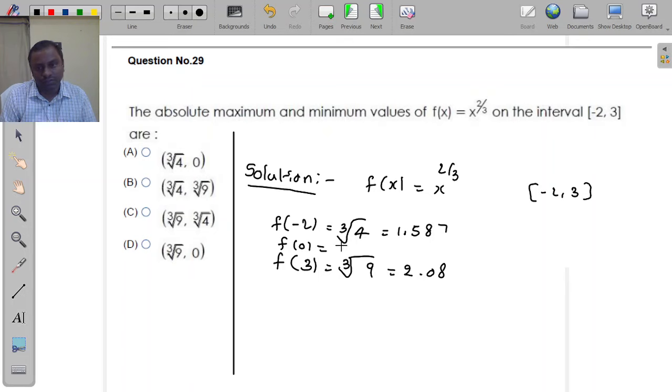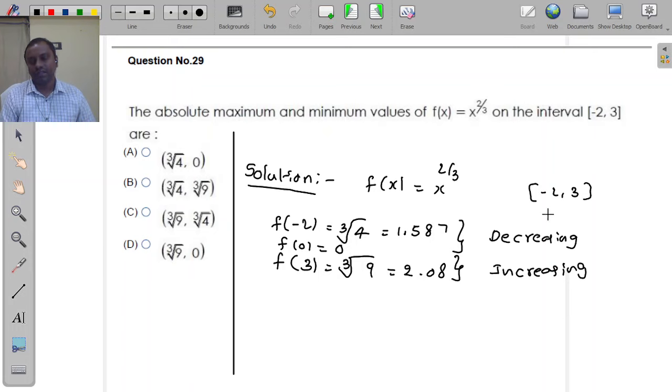this will become 0. So from 1.587 to 0 it is a decreasing function, and from 0 to 2.08 it is increasing. The nature of this function is, in the interval minus 2 to 0 it is decreasing, from 0 to 3 it is increasing. Means at 0 it has a local minimum,